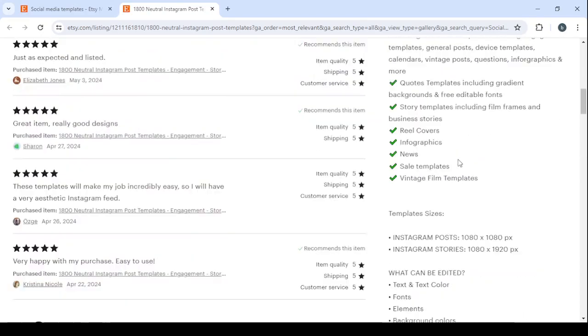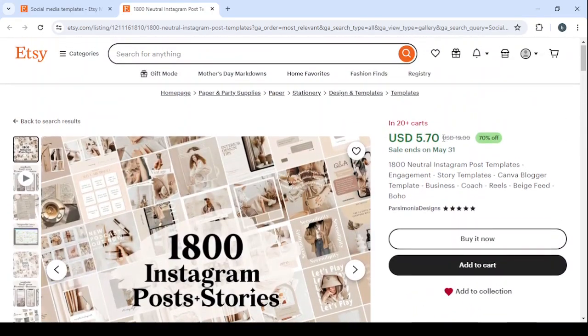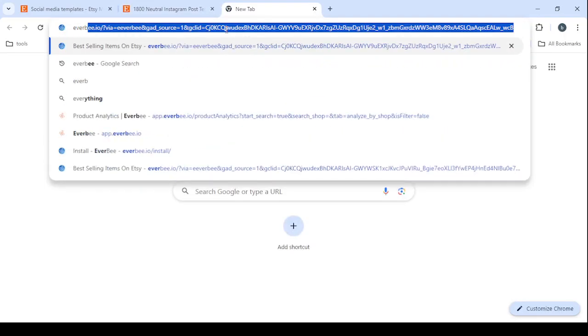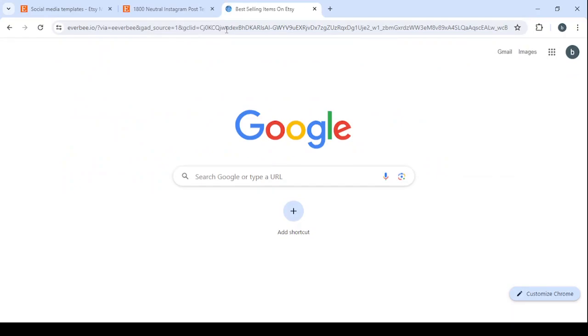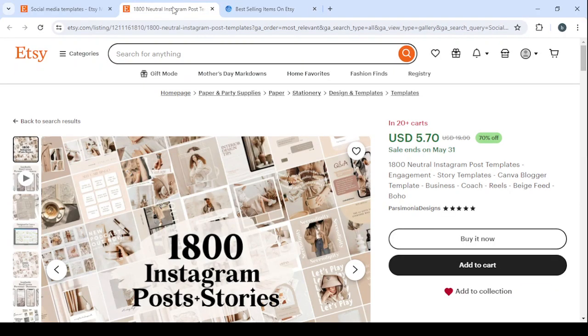So as I said, guys, all of this money is going straight to your pocket. You won't need to pay any shipping or any third-party platform or any refunds or anything like that. You will just list your product and the client will buy the product, and you will have the money in your pocket. So let's go to a website called Everbee to see how much sales this shop is making with